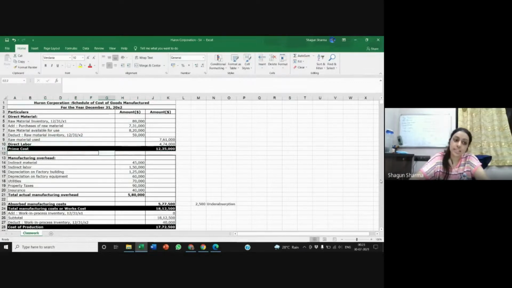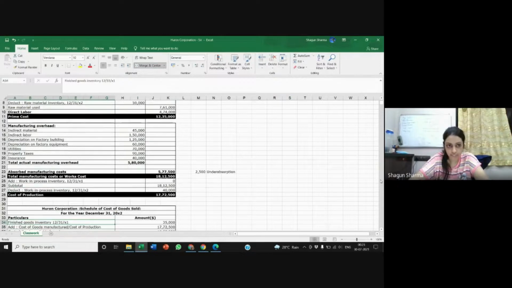Okay. Then in the sheet also, there were production overheads that were added. Production and manufacturing are synonymous. So now here I add my manufacturing overheads. Now see, these numbers, the indirect material, labor, depreciation, and so on, are all the actual overheads that were incurred. Now that comes to 580. This is given in the question, but what they have said is that the company did not use these figures, they didn't have these figures when they were first making the cost sheet.